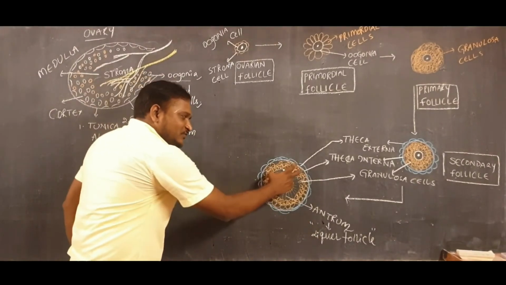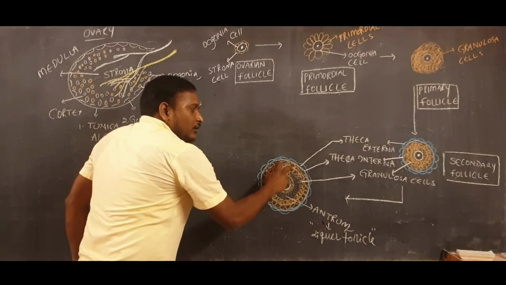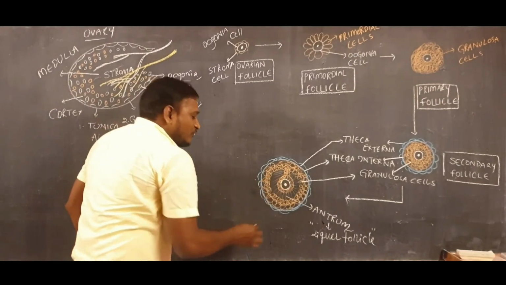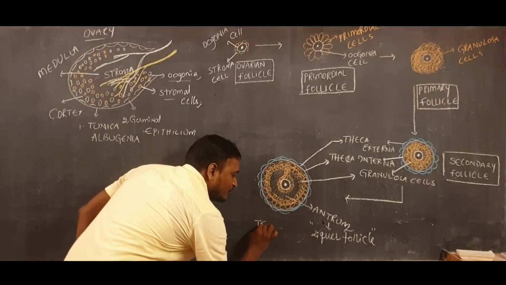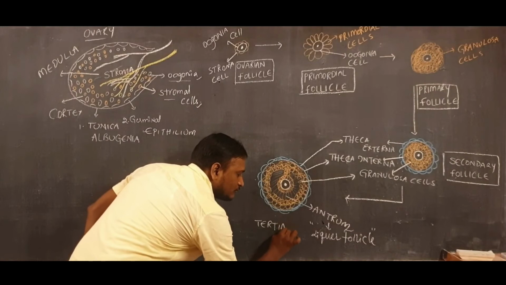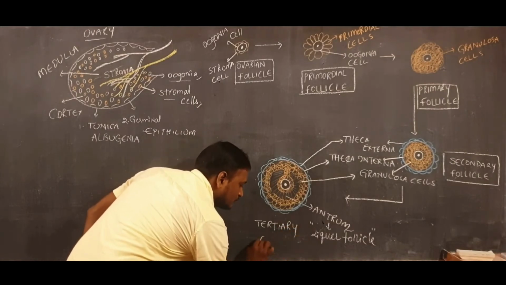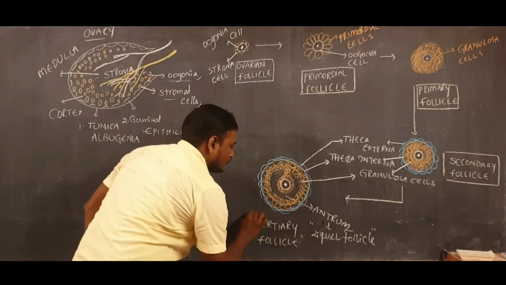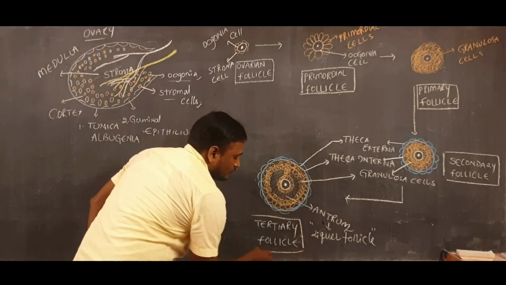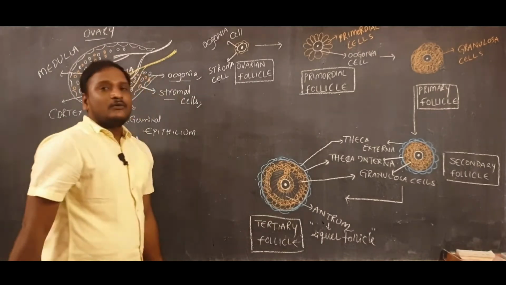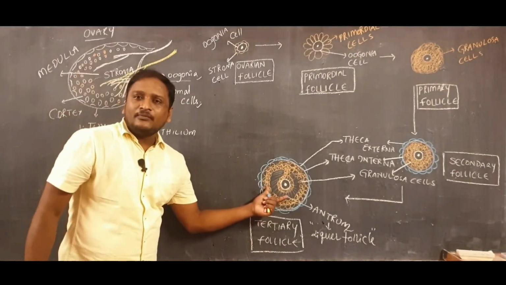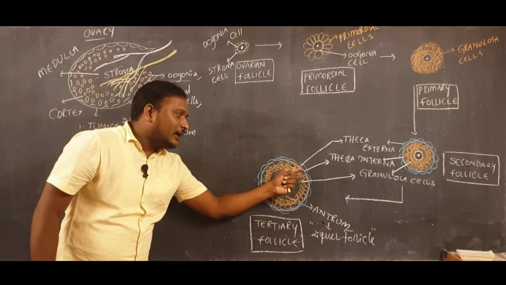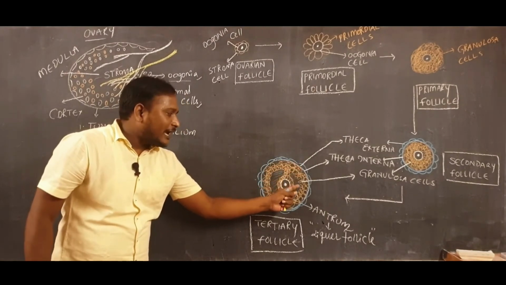And then this follicle which consists of this cavity is also called tertiary follicle. So tertiary follicle is the follicle which consists of theca externa, theca interna, granulosa cells, and then antrum,